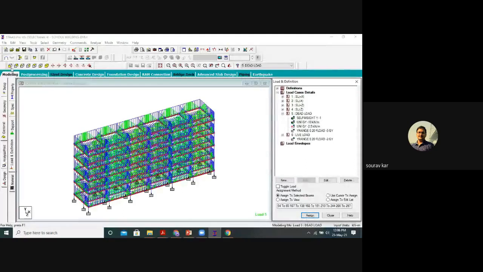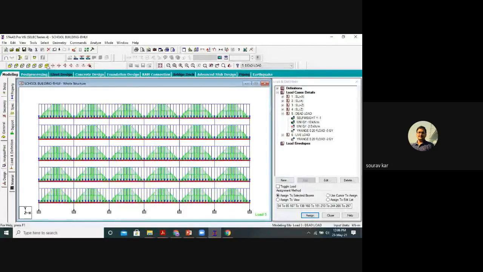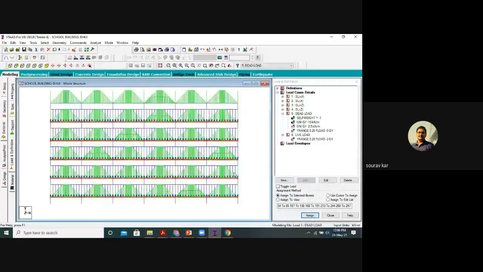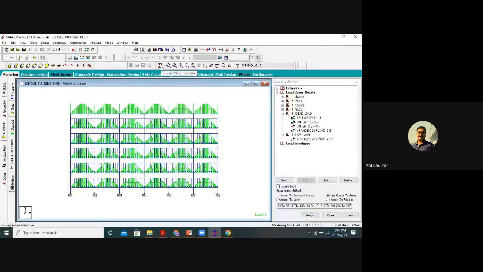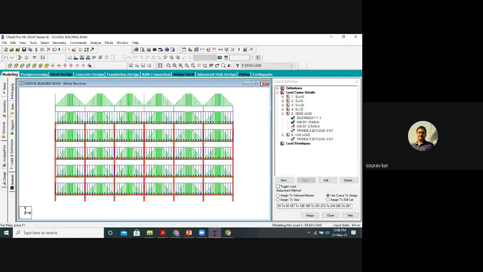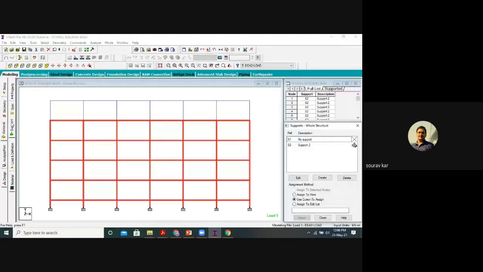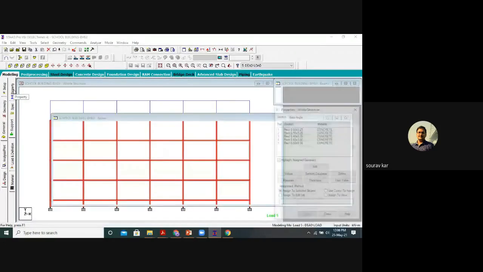So very interestingly, all our beams have been selected except the roof. If you want to check, we have to click this display whole structure. You can see these beams are still remaining, and all the other beams other than the roof level are subjected to the UDL of this wall load.